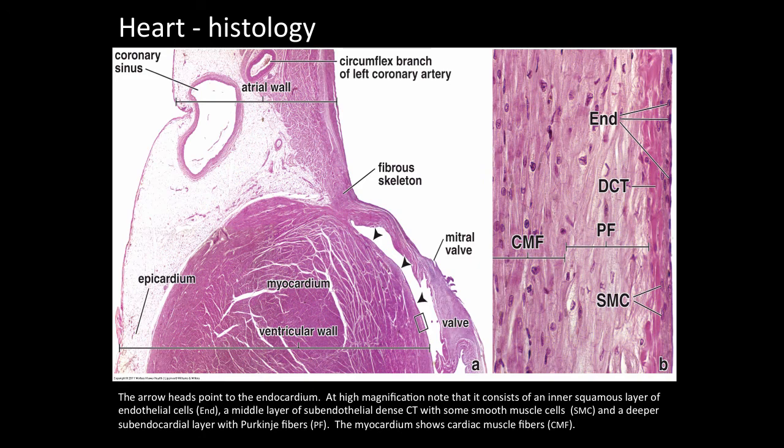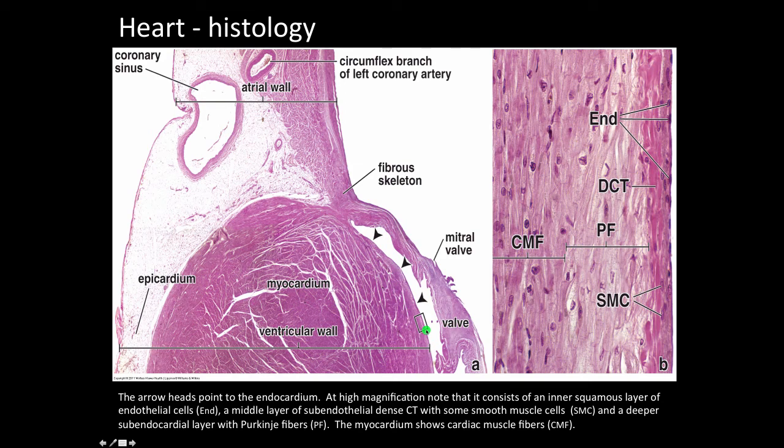Here's just a relatively low power view of a section through the heart. So we're looking here at a level through the coronary sinus. So here's a little bit of the wall of the atrium and a little bit of the wall of the ventricle. The arrowheads, which are right here, would be in one of the chambers in the ventricle, point to the